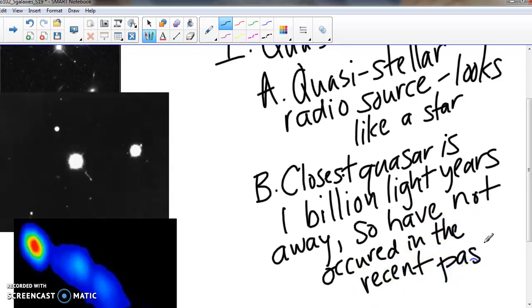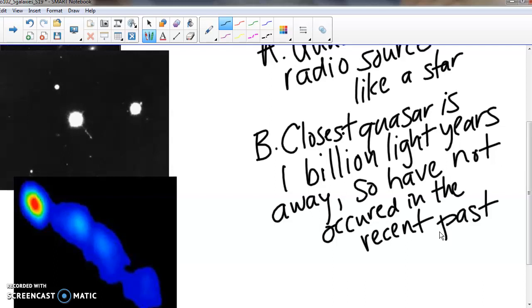So what do I mean by that? Just to break that down just a second. If the closest one that we see is a billion light years away, and light took a billion years to get from that quasar to us, if we don't see any closer than a billion years away, then the most recently a quasar could have lit up, could have put out that light, was a billion years ago. Got it? Okay. So closest quasar, a billion years away, and they seem to be more of them farther away, so it seems to be some event that happened in the past, but not today.